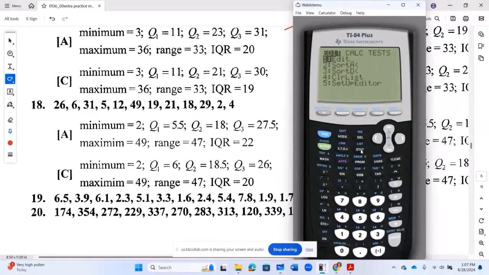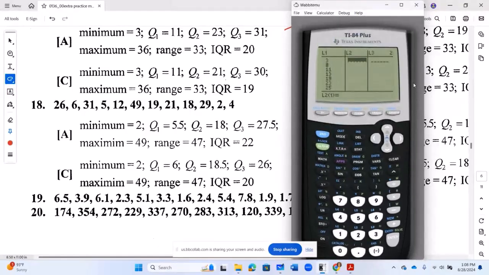So this time I'm going to go to STAT and I want to enter this data in my L1 or L2, doesn't matter. So I'm just going to put it in L2 because I used L1 before. There is nothing to clear in L2. So now I will put in the data 26, 6,